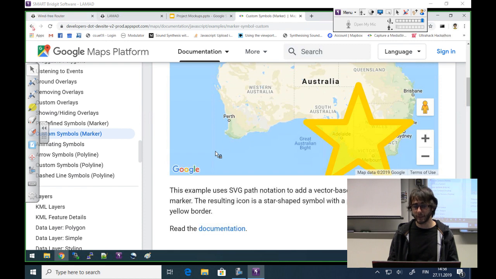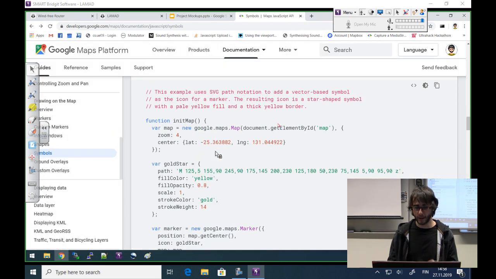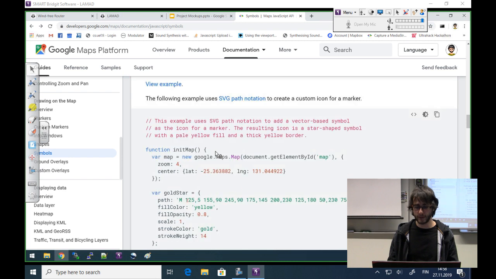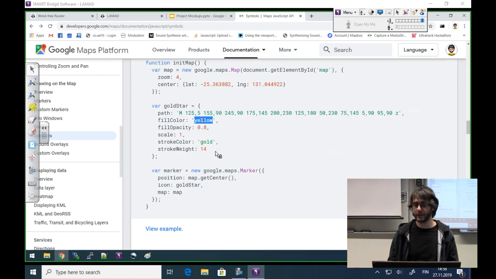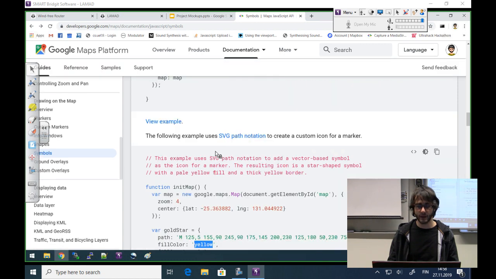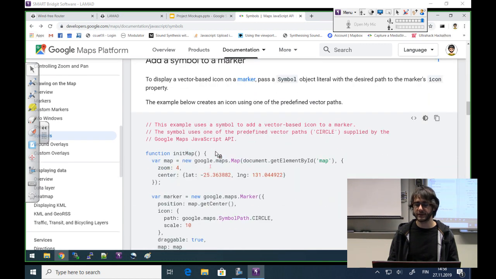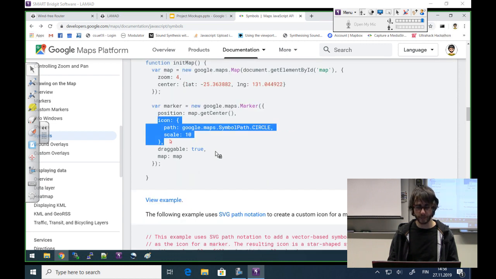So you can actually make different shapes, but I'm not going to do anything so complicated. Also, you can notice here the colors, like the yellow and the gold that the star was appearing like. I'm just going to use this circle from here. So I'm going to take as an icon,